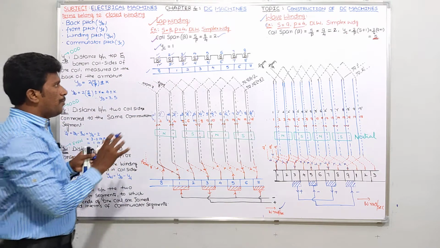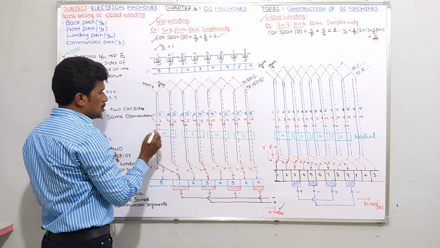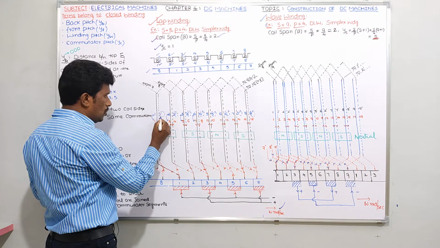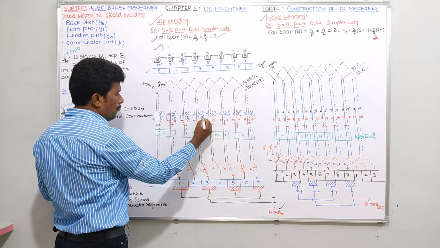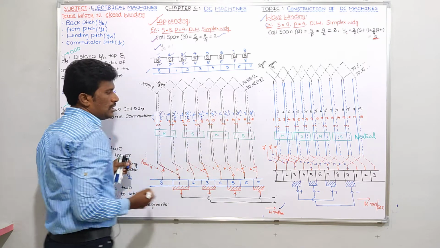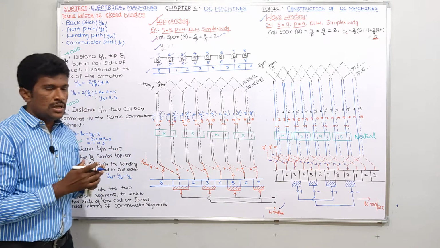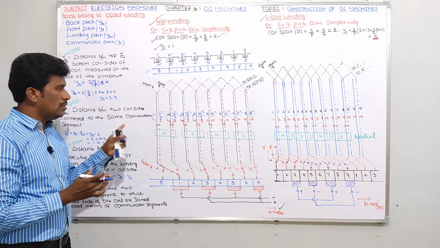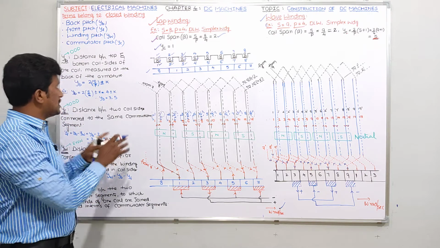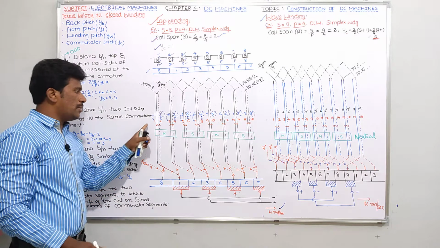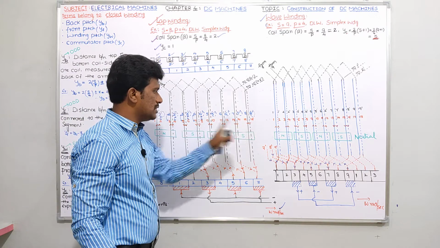Very good. Now whatever bottom layer conductors, 1 dash, 2 dash, 3 dash, 4 dash, 5 dash, 6 dash, 7 dash, 8 dash, and so on. So 1 dash shown with 2, 2 dash shown with 4, 3 dash shown with 6, 4 dash shown with 8, and so on. That means top layer conductors are just indicated with odd numbers. Bottom layer conductors are just indicated with even numbers. Now I request you, while explaining these terms, please try to remember this sequence 1, 2, 3, 4, 5, 6, 7, 8, 9, 10, 11, 12, 13, 14, 15, 16. This sequence you have to remember.